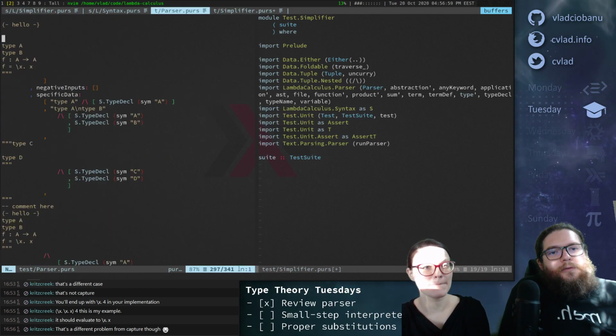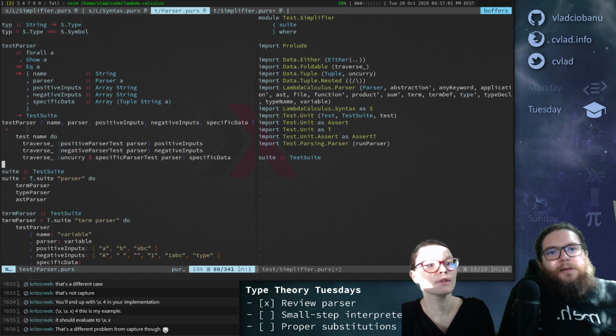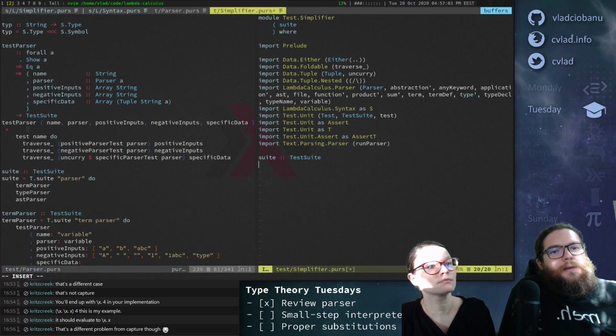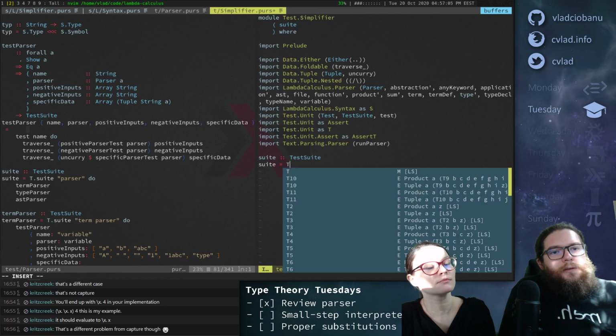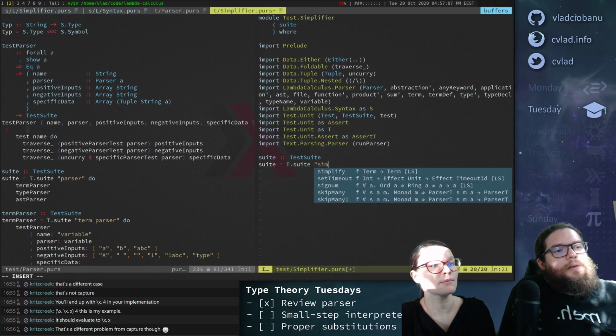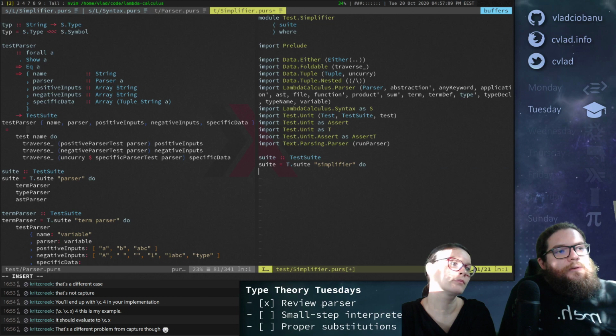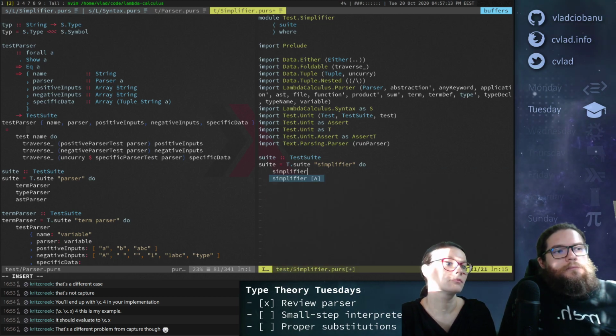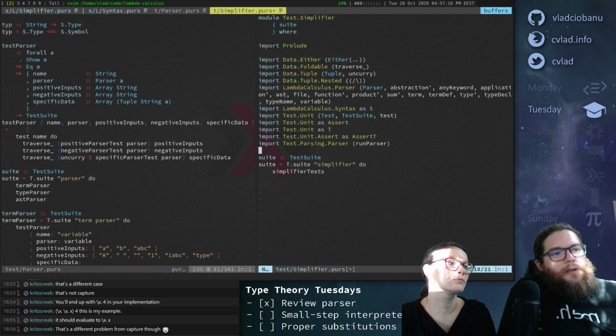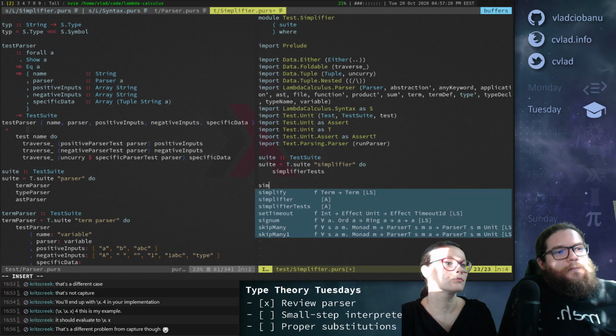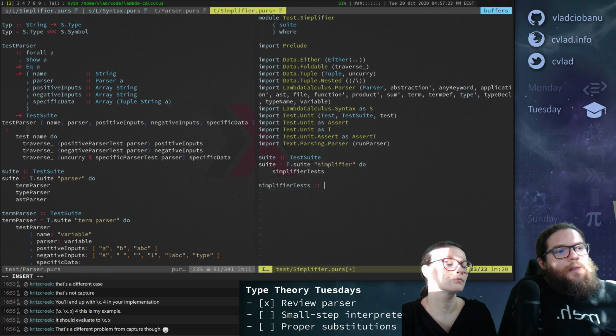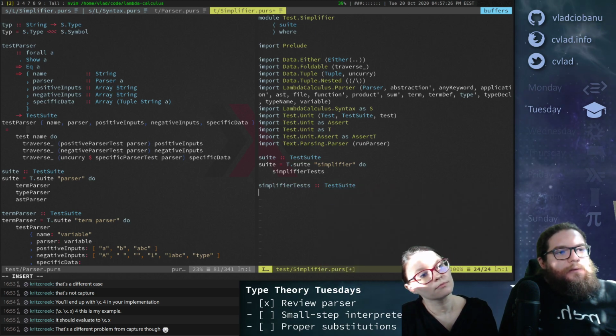Let me see, because I don't quite remember 100% how this works, so let me try to remember. Okay, so we have this thing, which we do simplifier do, and then here we do, I'll just add a few simplifier tests here. So this is also test suite.